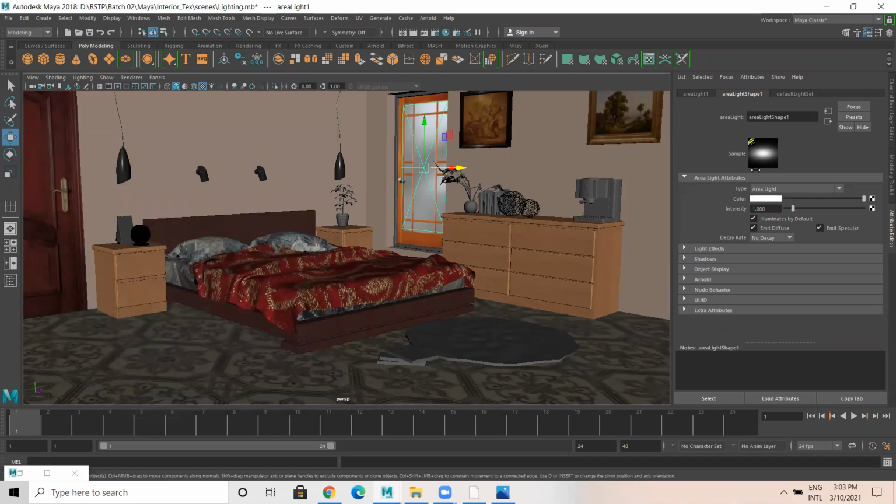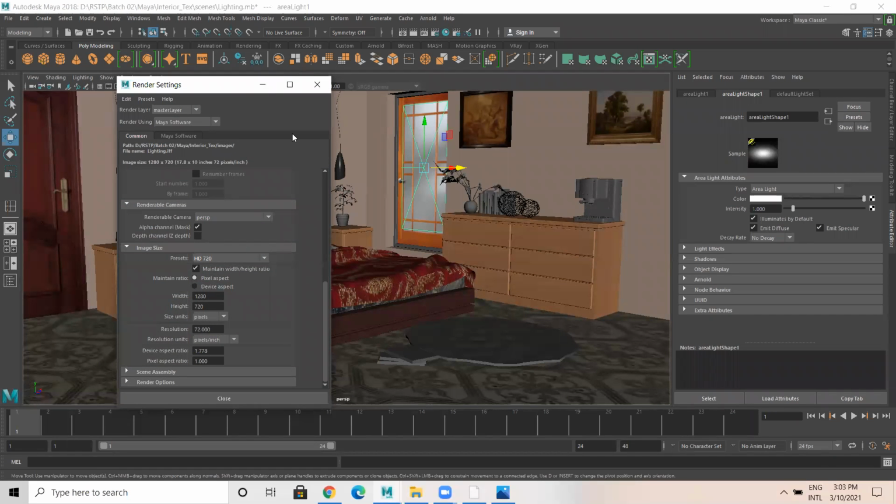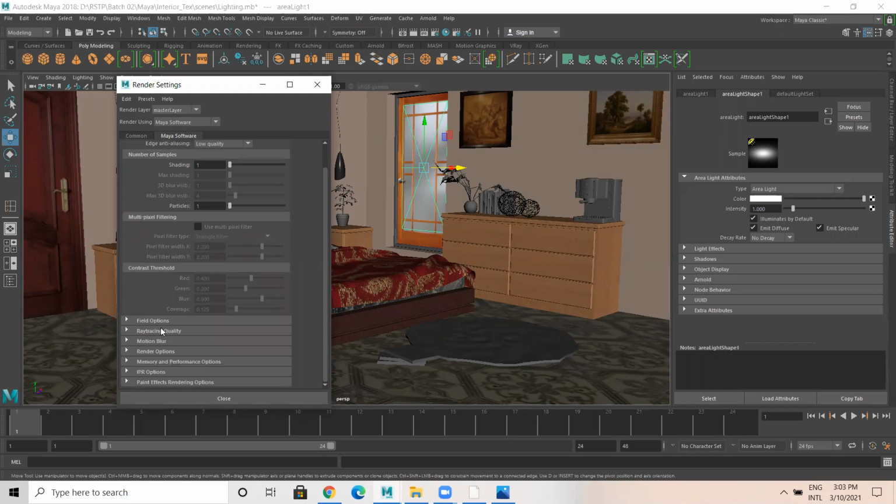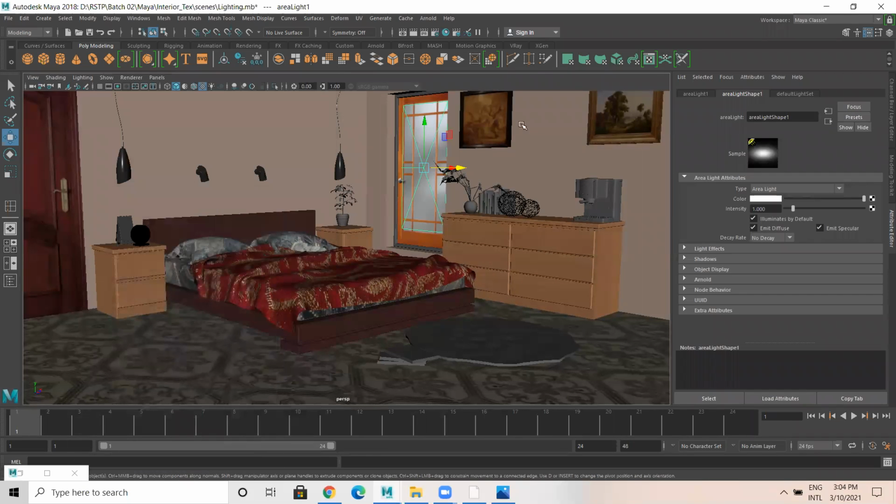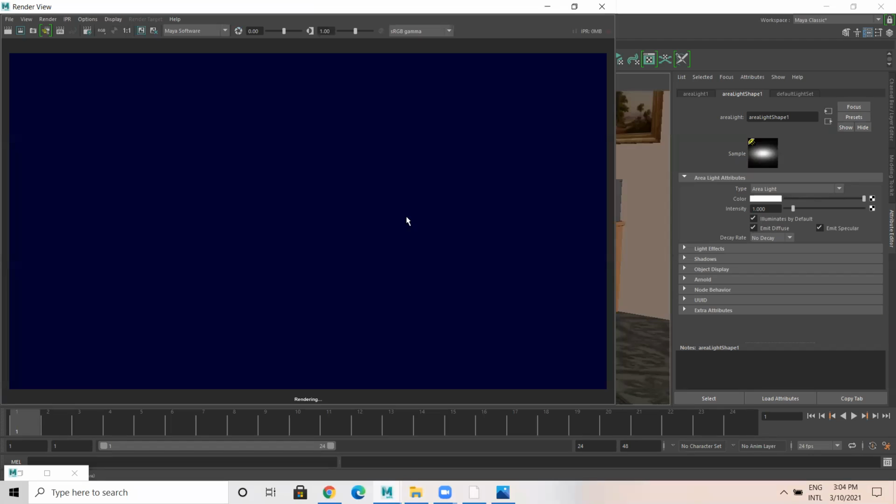Then select the light. I'll come to render settings again. In Maya software, I'll check ray tracing. Switch off ray tracing for the time being. Now I will render.